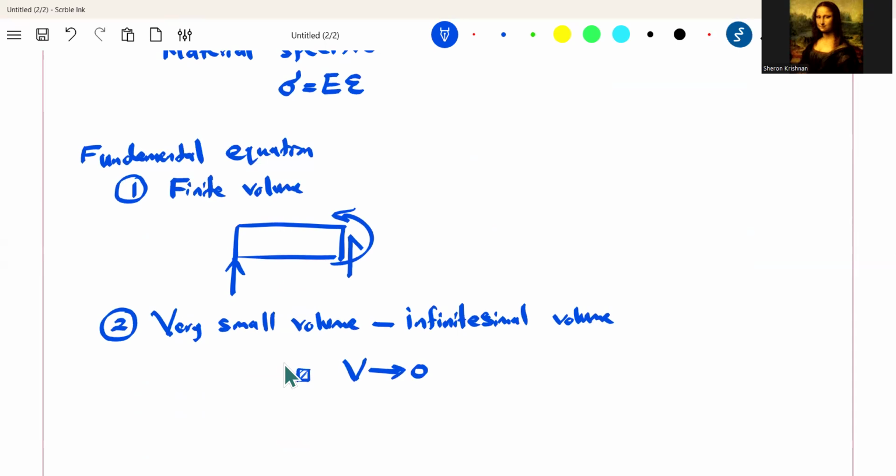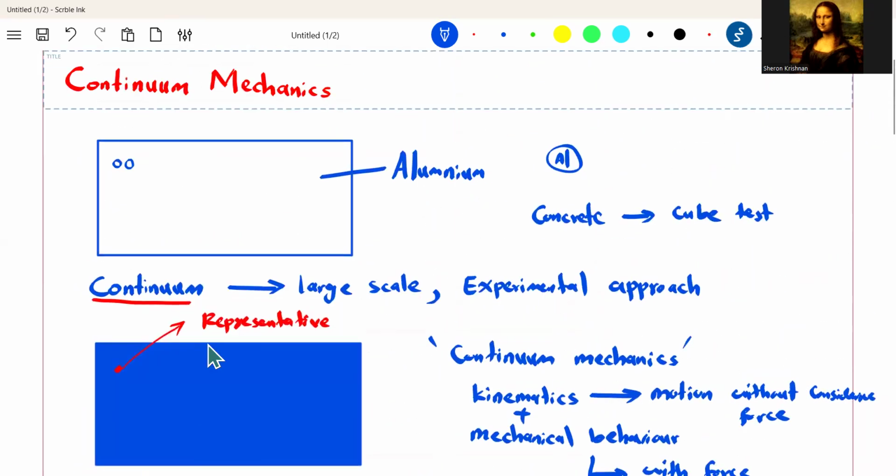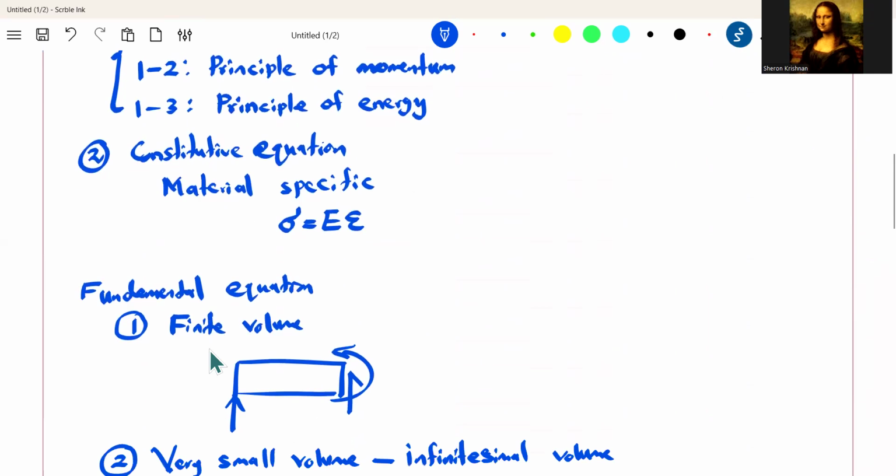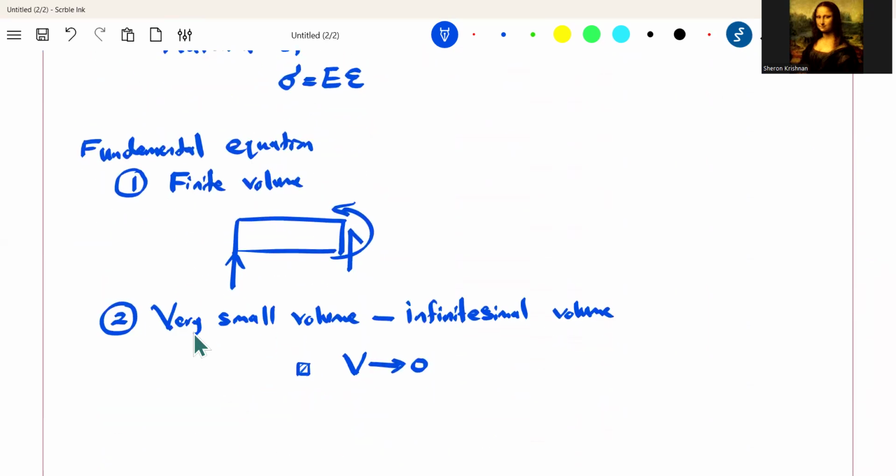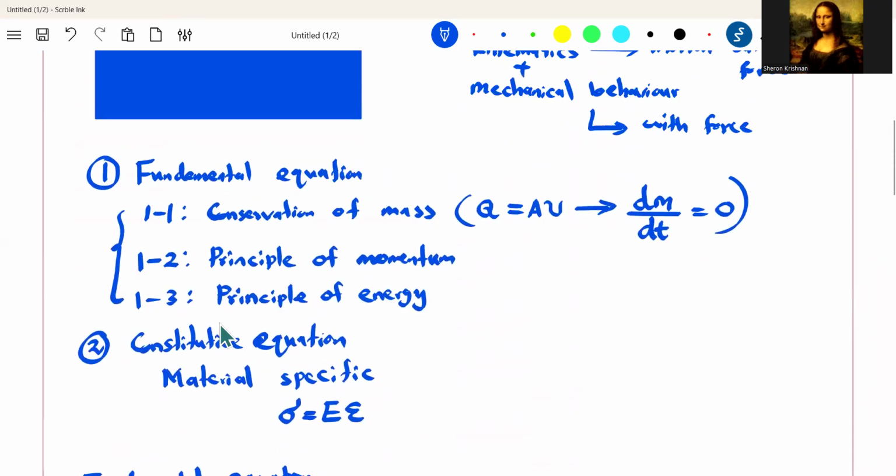Okay. So the second one is the most generalized approach. This is what we are going to discuss here, because the first one you have discussed in your undergraduate courses, strength of material, those things. Those are the very basic things, right? A very simplified approach. But we are going to discuss the second part here. Okay. So this is the overall introduction of continuum mechanics, what you are going to study here. Then first, we will study the fundamental equations, how we develop the fundamental equation. Then we discuss